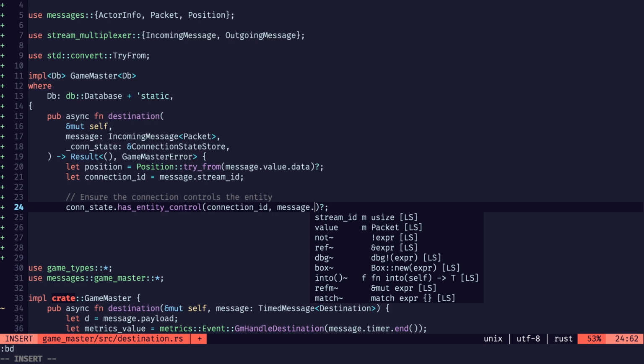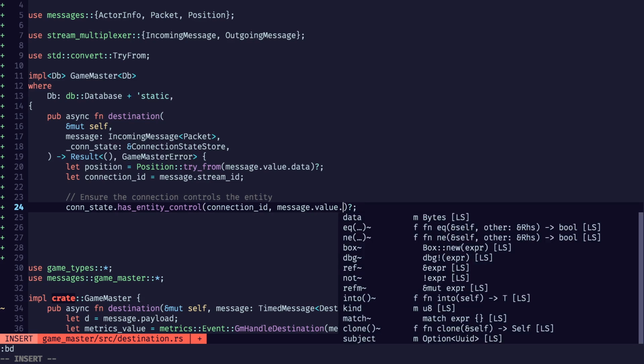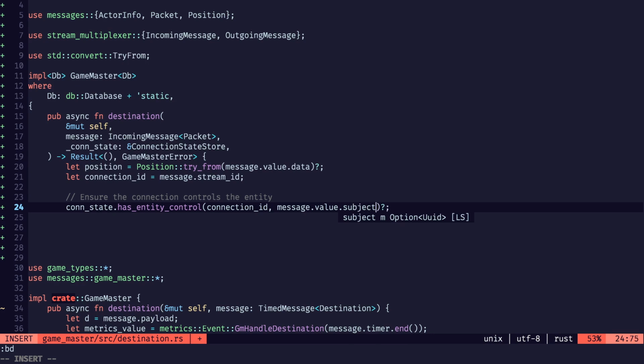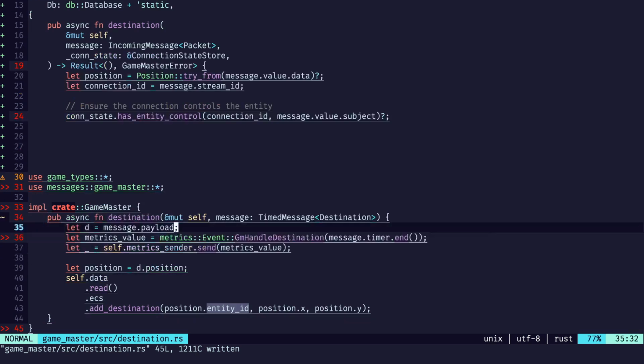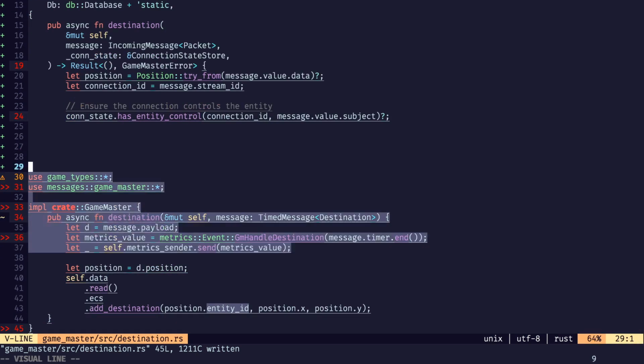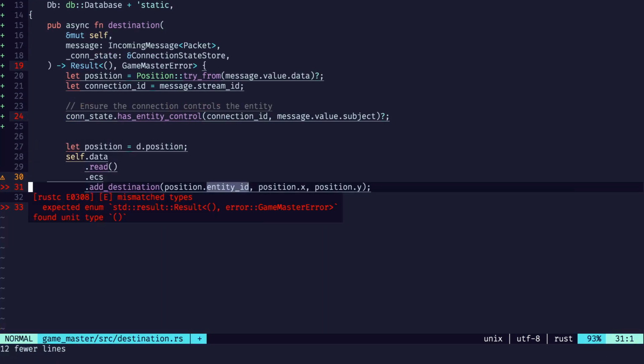Message dot value dot subject. Okay. And we're going to get rid of these elements there. And then